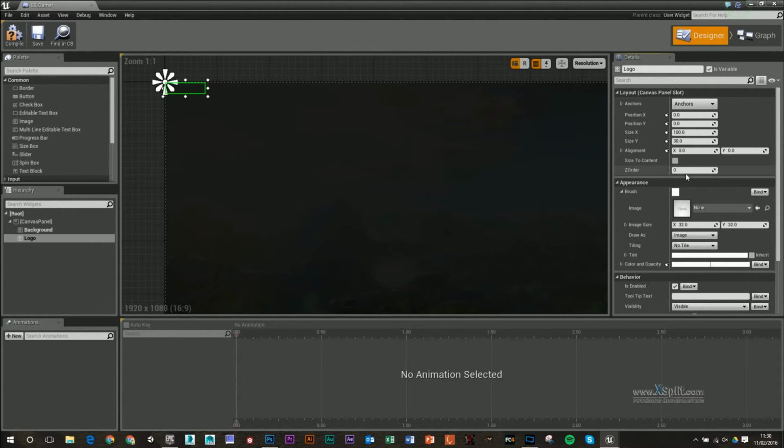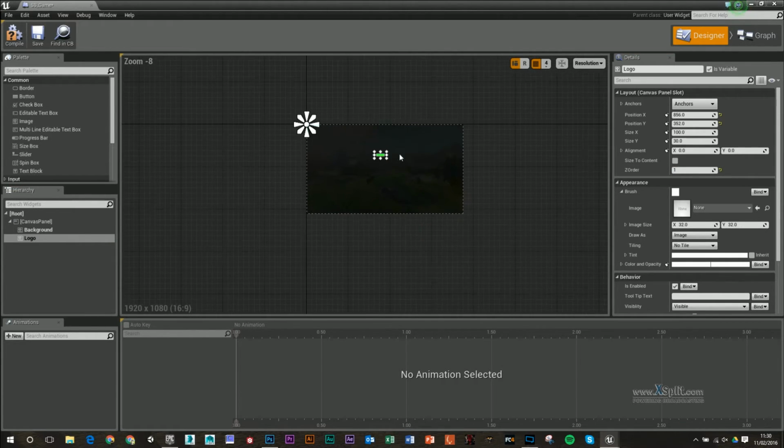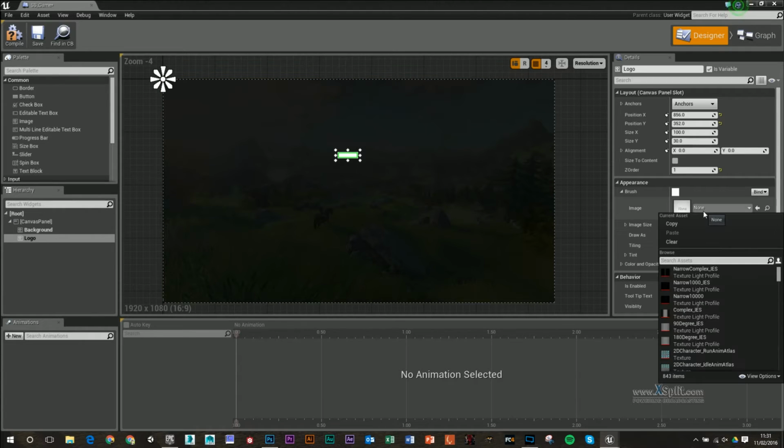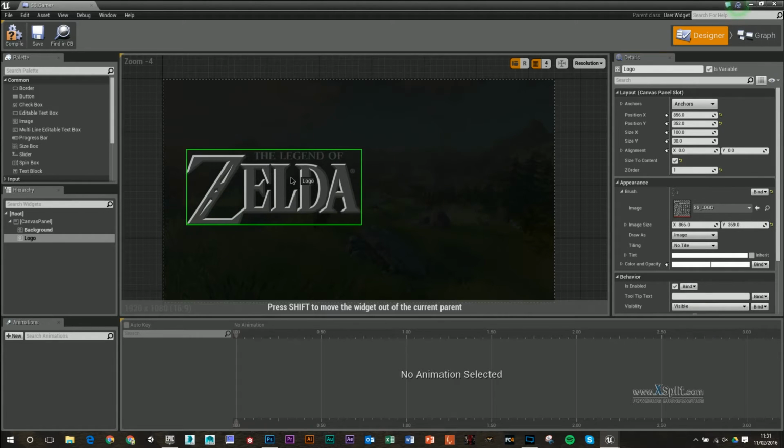That's because the Z order is set to 0, which is exactly the same as my background. What I want to do is change the Z order to 1. You'll see that pops up now. And again, I'm just going to look for my logo and size the content,